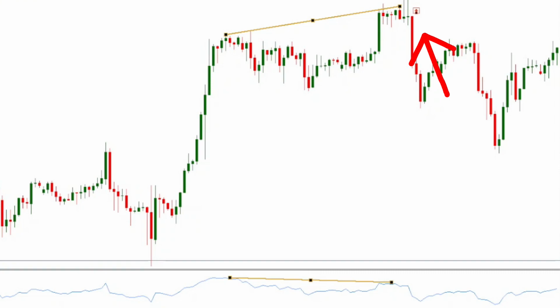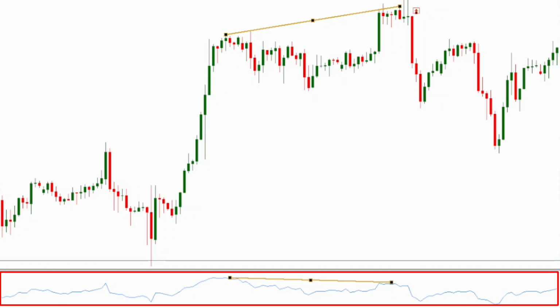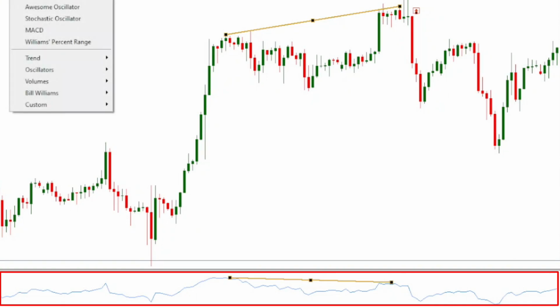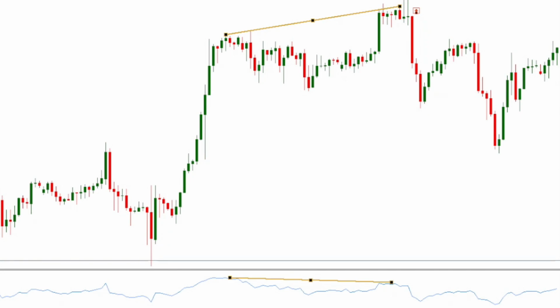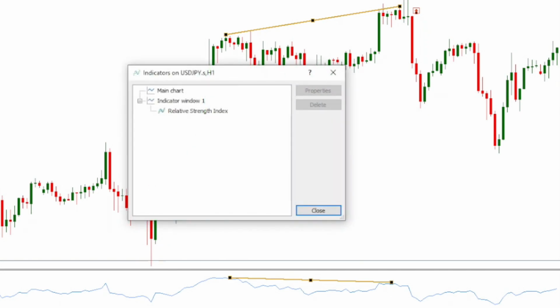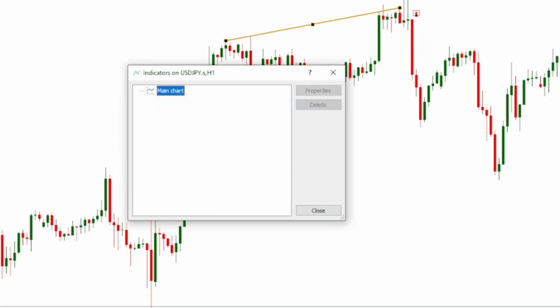But with this strategy, there are things to be changed, because we are revamping this strategy, making it better. So we will clear out the RSI and put a better indicator called the Awesome Oscillator. The Awesome Oscillator comes with many benefits, but we will mention a few